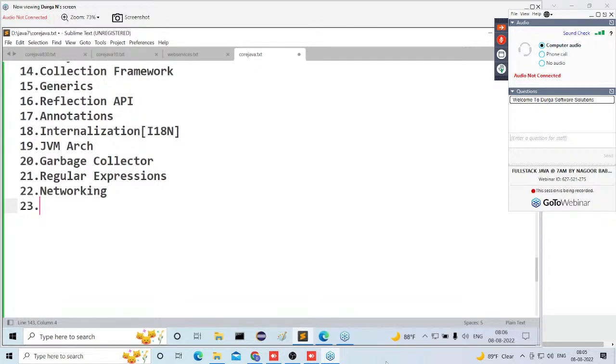The total analysis we are going to understand inside networking. Anyway, it is not important, but for the sake of future technologies, we need to understand networking as part of this.